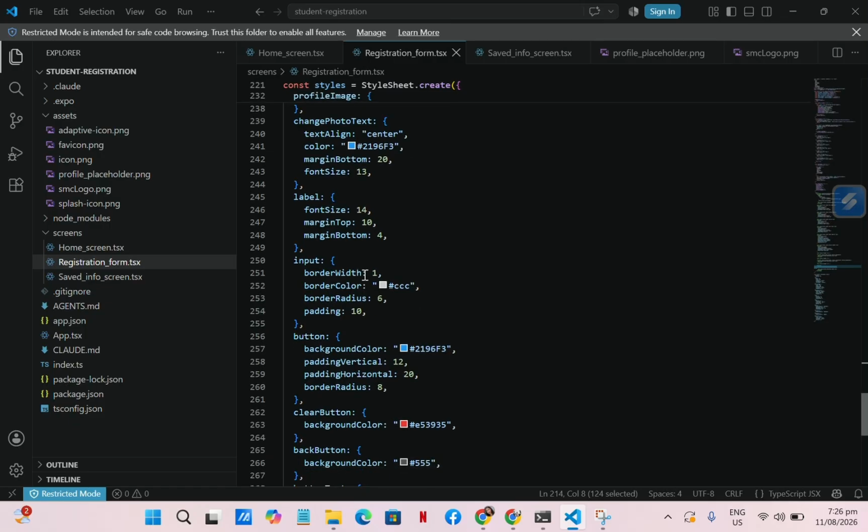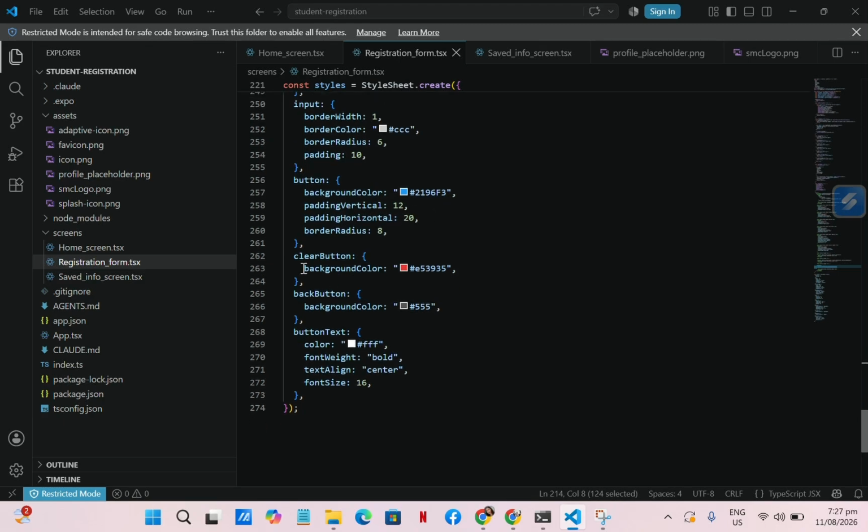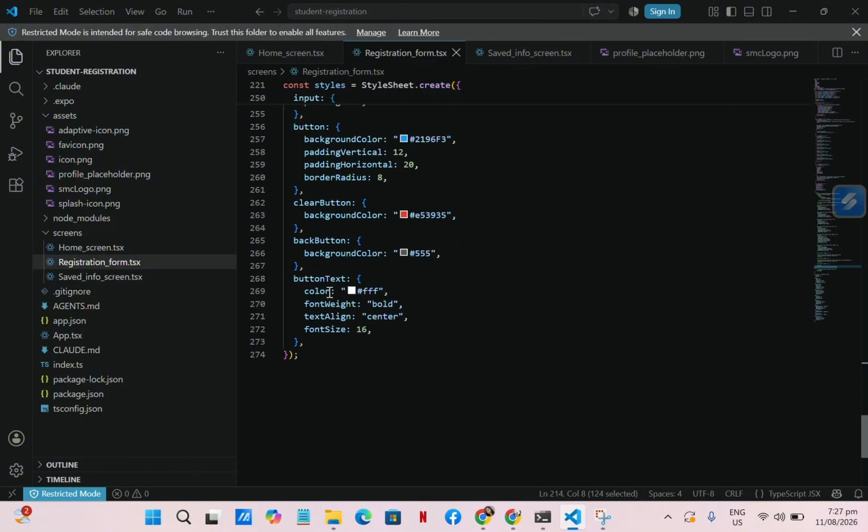We have here the input, which has a border width of 1, border color of white, border radius of 6, padding of 10. Next is the button, which has a background color of blue, padding vertical of 12, padding horizontal 20, border radius of 8. Clear button, which has a background color of red. Of course, the back button, which is gray. And then the button text, which has color white, font weight of bold, text align center, while the font size is